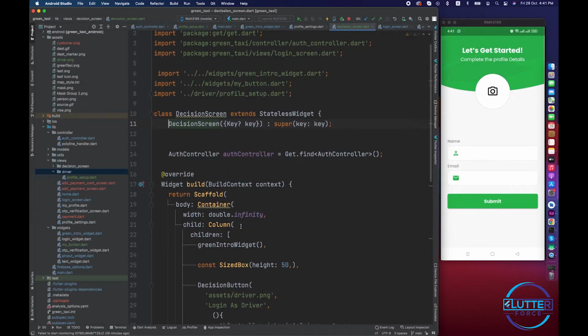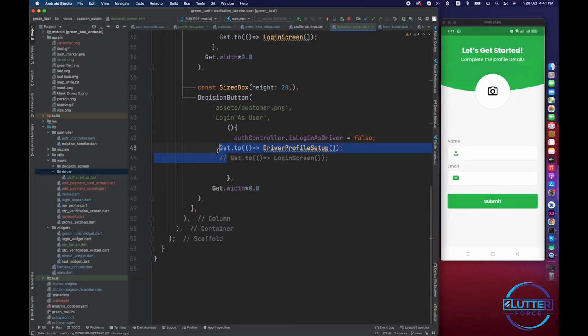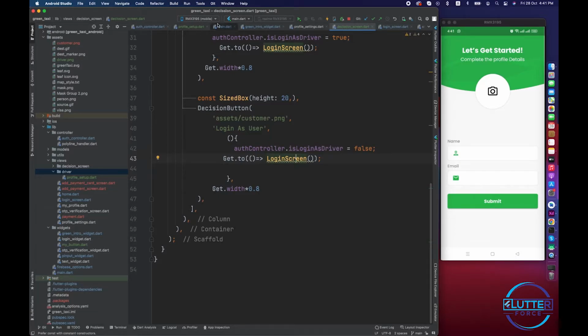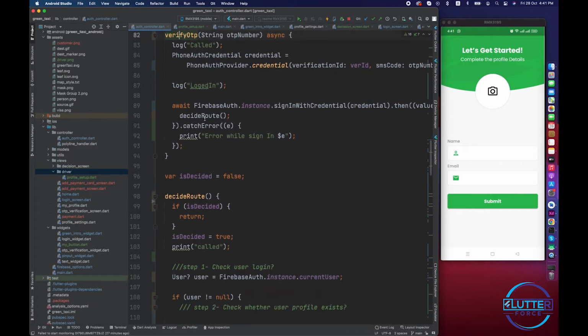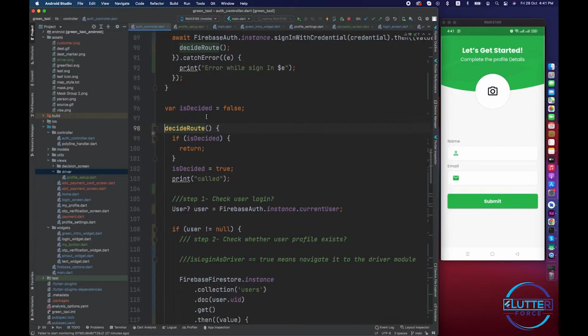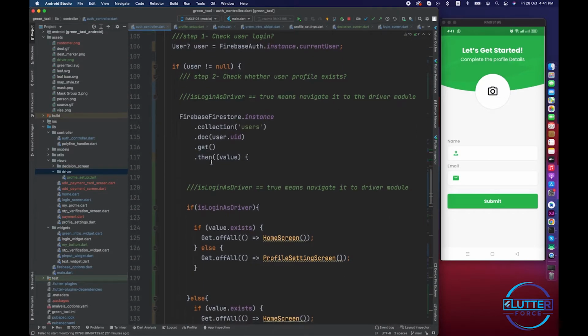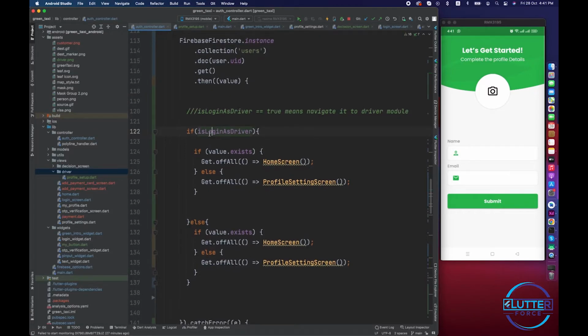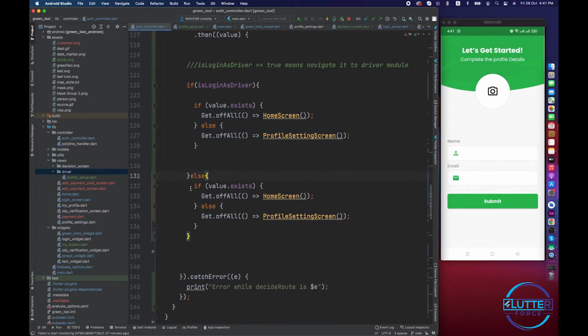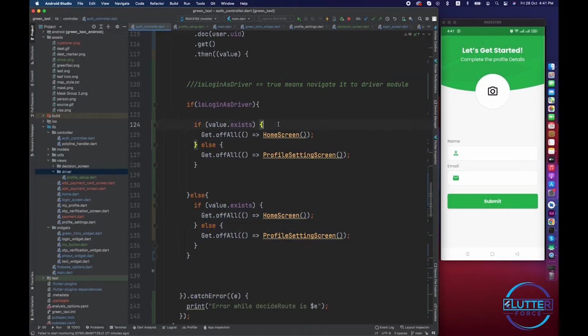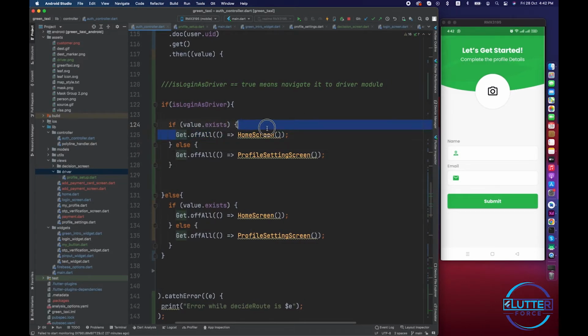So let's give it a flow. I have this decision screen. When the user clicks on this login as driver button, it will go to the login screen. After verifying OTP, once this function verify OTP is called, I have to decide the route. I have already implemented this check that if login as driver, then you have to do this stuff, otherwise you have to call the customer module. As you can see, I have the same screens if value dot exists. I don't have a home screen yet for the driver, but here I'm just going to print driver